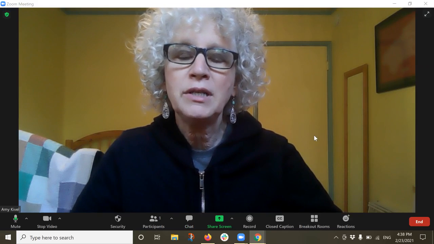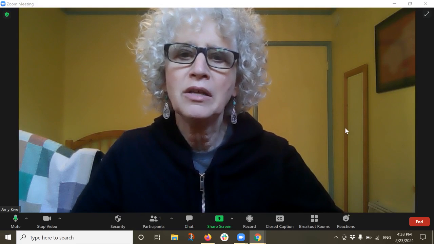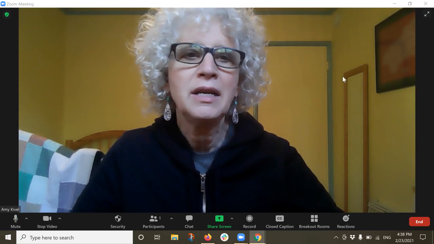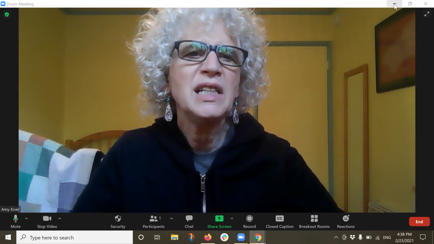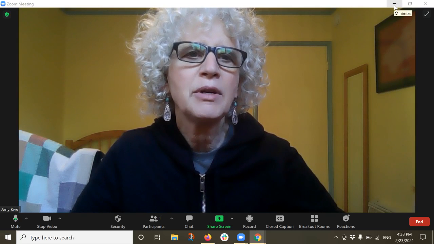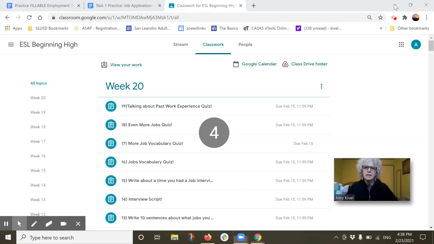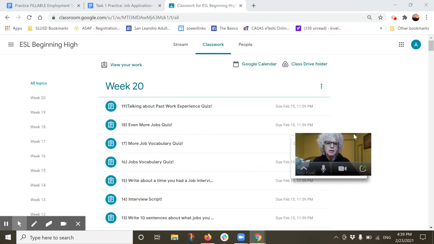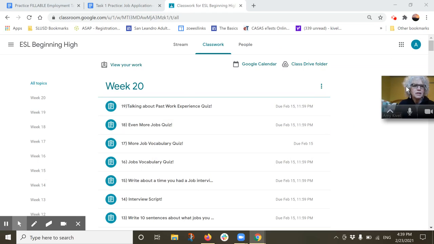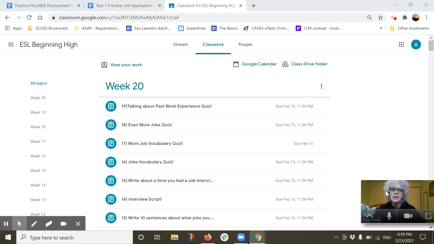And what I'm going to do to make this small so I can work on the internet, I'm going to go up to this little right corner and there's a little line. You see the line? I'm going to click on that and it will make this small. Okay, and now this little box, which you see me, but normally you will probably see your teacher or other people in your class. You can drag it around. You just put your little arrow on here and you can move it around the screen